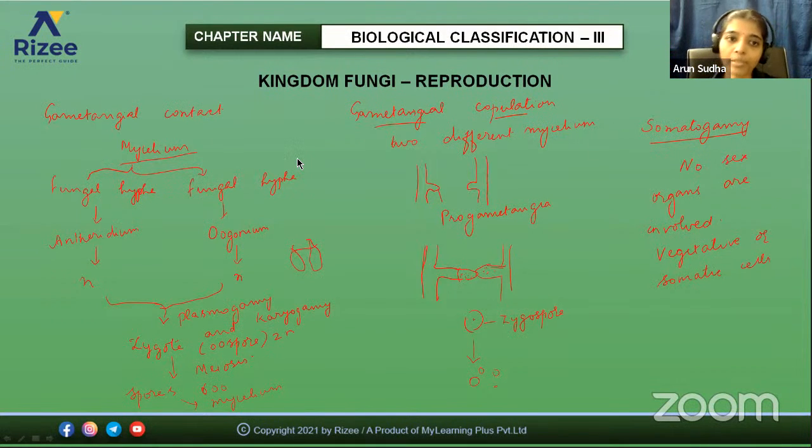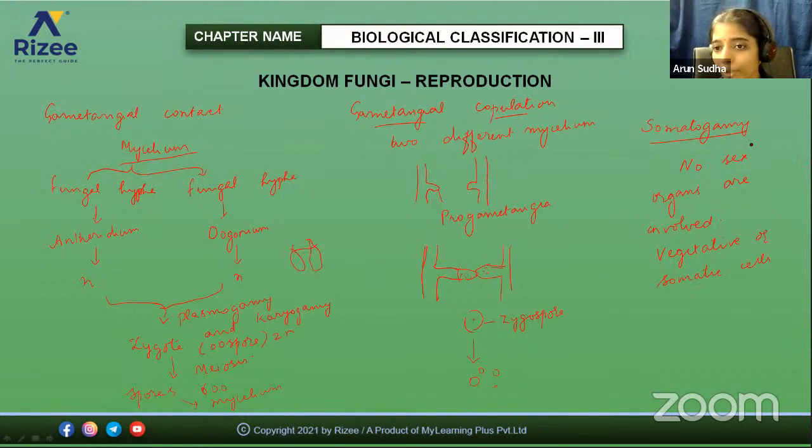Three types of, that is how the two gametes are getting fused together in the case of sexual reproduction. So here it happens in the same mycelium, gametangial contact, and results in the formation of oospores. And here the fusion occurs between two different mycelium. It is between the two gametangia. The gametangia are nothing but structures where the gametes are present. So there occurs a fusion between the two gametangia and results in the formation of spores. It is called the zygospores.